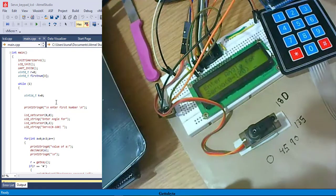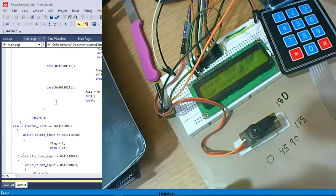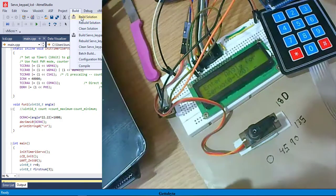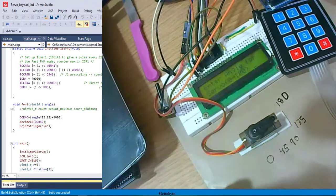So this is the code. I have made it using the codes which I made for the keypad, LCD screen and servo motor individually, and then integrated them by using their specific functions according to my need for this project. Okay, so now let's just build the solution and